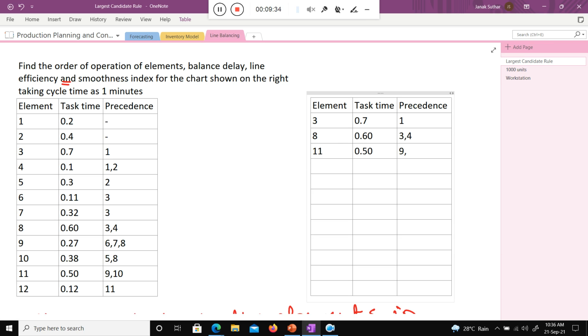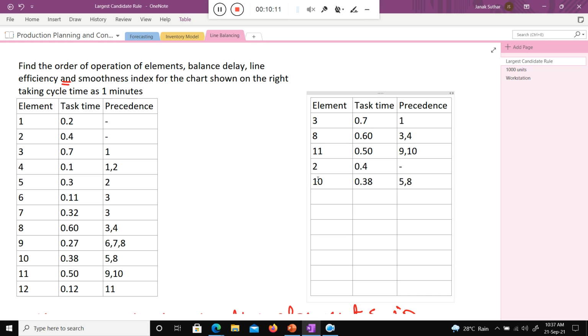Next, the second element, 0.4, and there is no precedence, so I write a dash. Next, the 10th element, task time 0.38, precedence 5, 8.